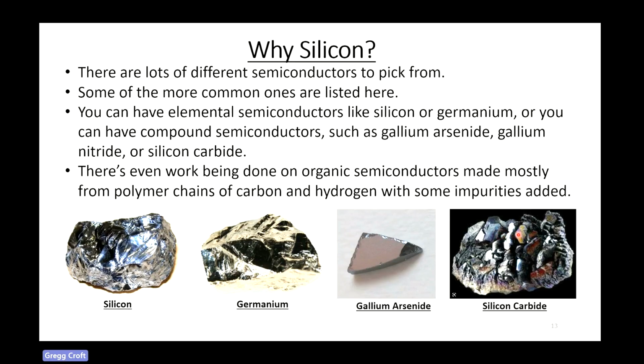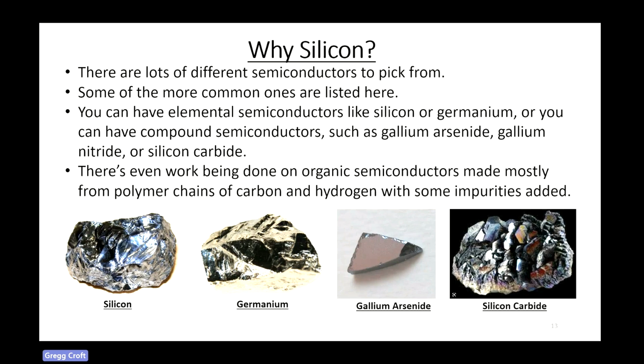So why silicon? What's so special about silicon? There are lots of different semiconductors to pick from. I'm just showing some of the more common ones here. You can have elemental semiconductors, meaning they're made from a single element, like silicon or germanium. You can also have compound semiconductors that are made from combining 2 or more elements, such as gallium arsenide, gallium